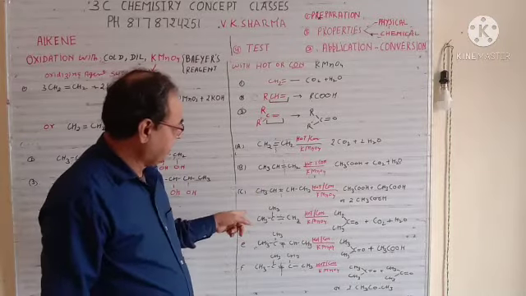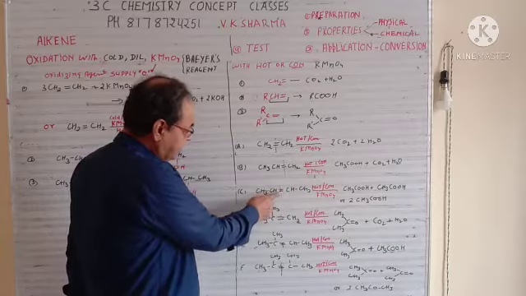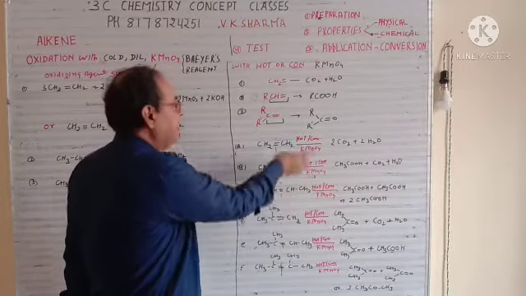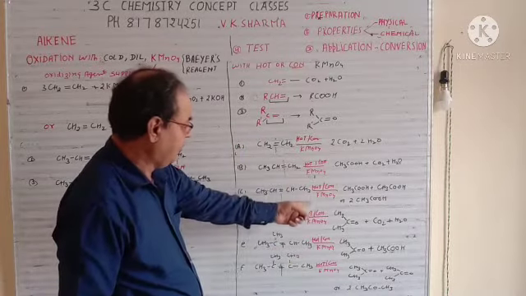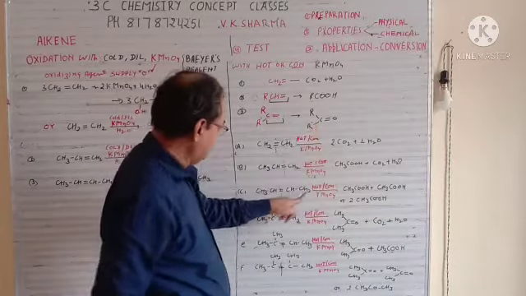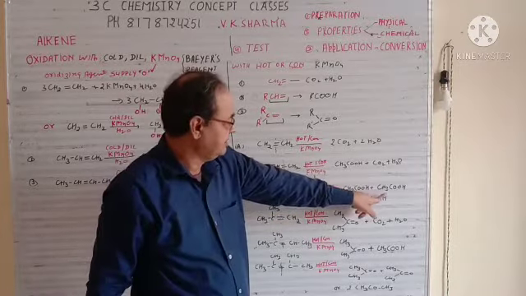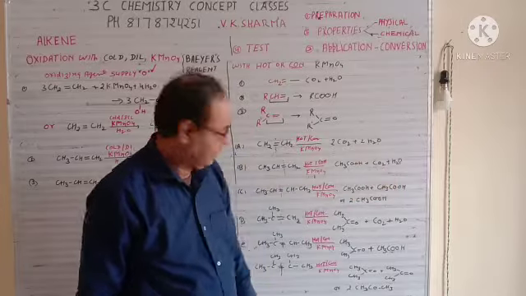Now suppose double bond has a different position. So now break the carbon. So this category CH3CH double bond means that is coming in this category. And CH3CH double bond again this is coming in this category. So ultimately with hot and concentrated KMnO4 you will get CH3COH from this and CH3COH from this. So both are CH3COH, so you can write it twice of CH3COH. Concept is same.